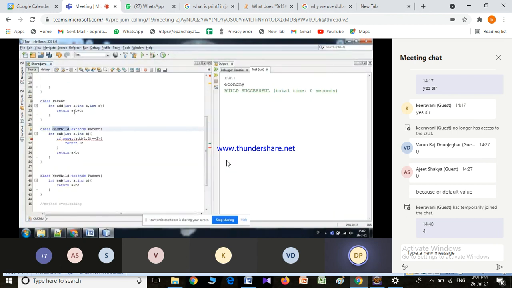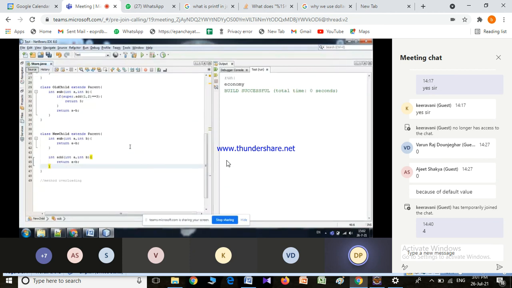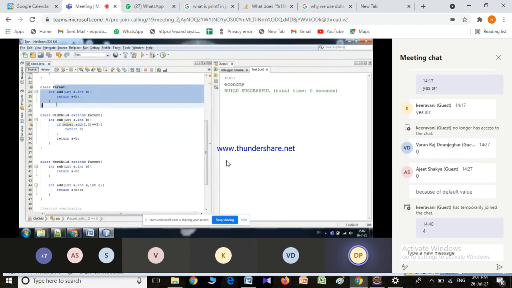so that the child class will not be affected, whoever is depending on this one. Okay, so we will not change the parent class. Instead, what we can do is, in the child class itself, I can have my own way: A plus B plus C. Now if you see here, the old child is not affected because the super dot add is already available with the parent. Okay, so this is called method overloading.